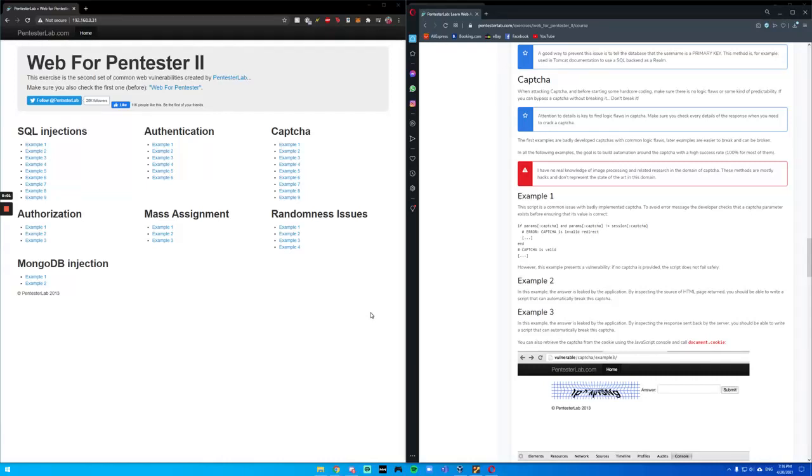Web for Pentester II: Captcha. When attacking a Captcha, and before starting some hardcore coding, make sure there's no logic flaws or some kind of predictability. If you can bypass the Captcha without breaking it,